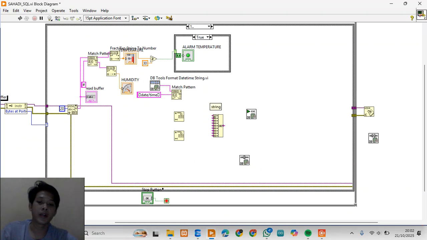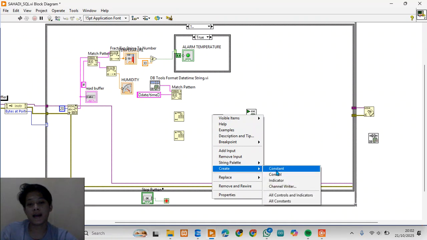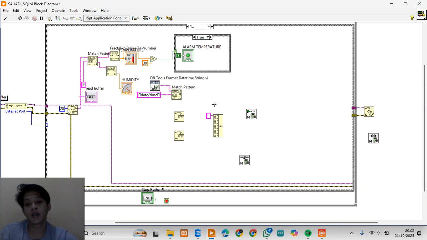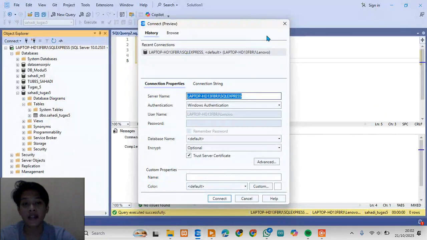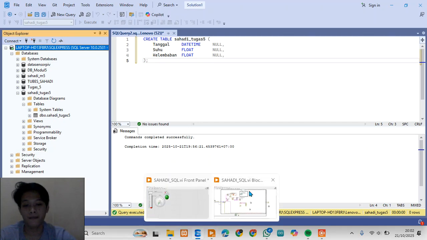I create a constant and edit the label: insert into dbo dot, my table name, dbo.sahadi_tugas_5,